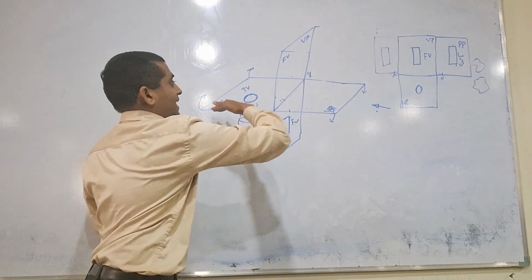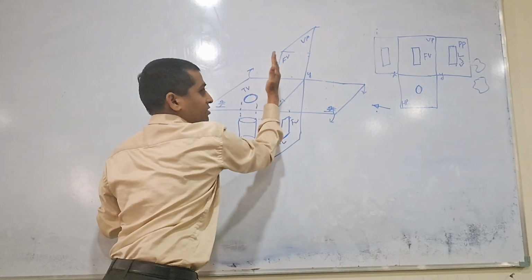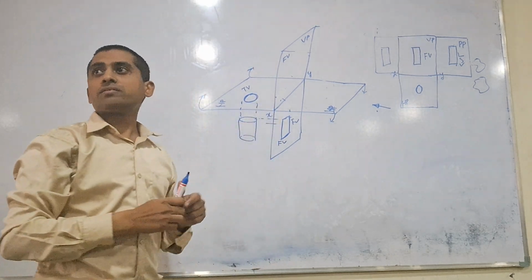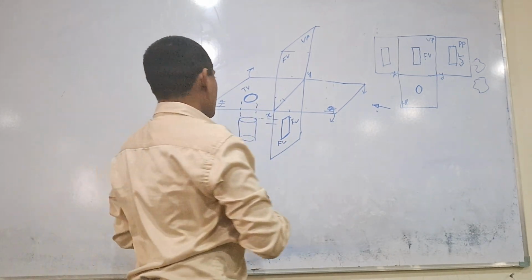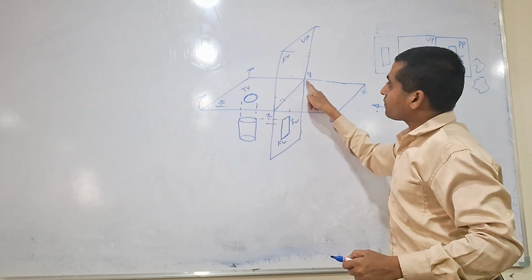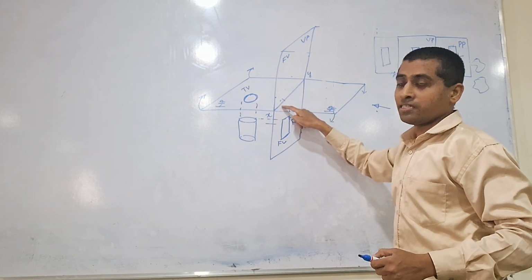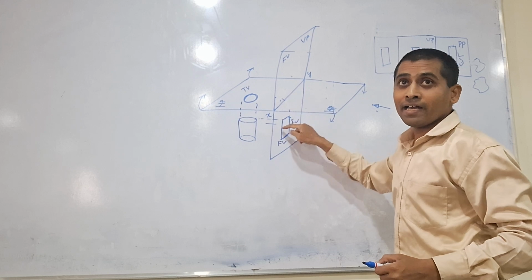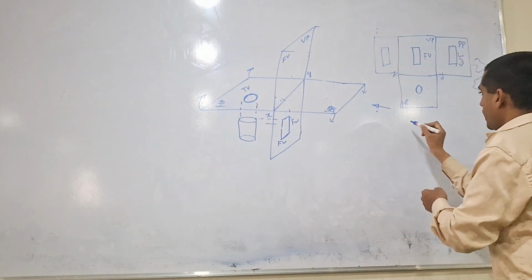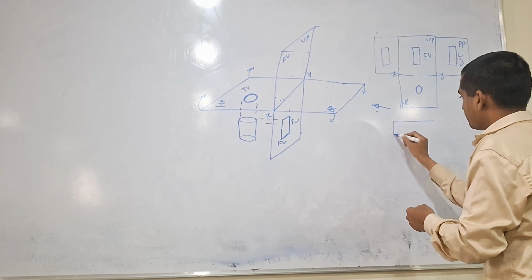Now we are going to rotate this HP plane in a clockwise direction so that it will coincide with the VP. Is it clear? Now if you rotate like that, the top view will go above the XY reference line, isn't it? And the front view will be below the XY reference line. So we will draw the same thing here. I am drawing here after rotation.